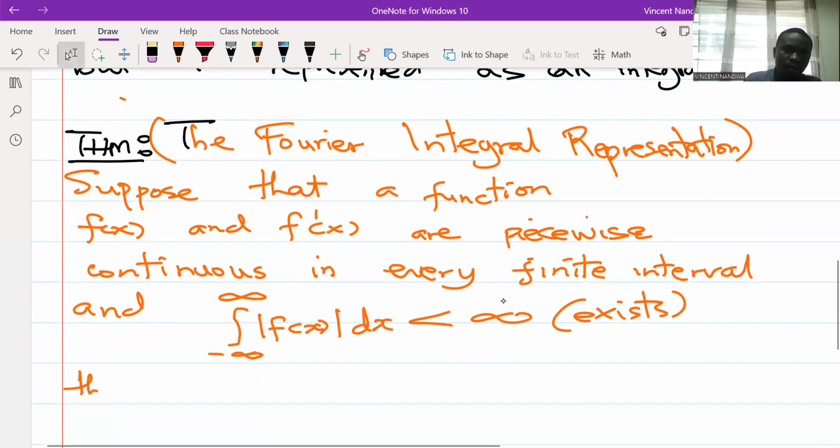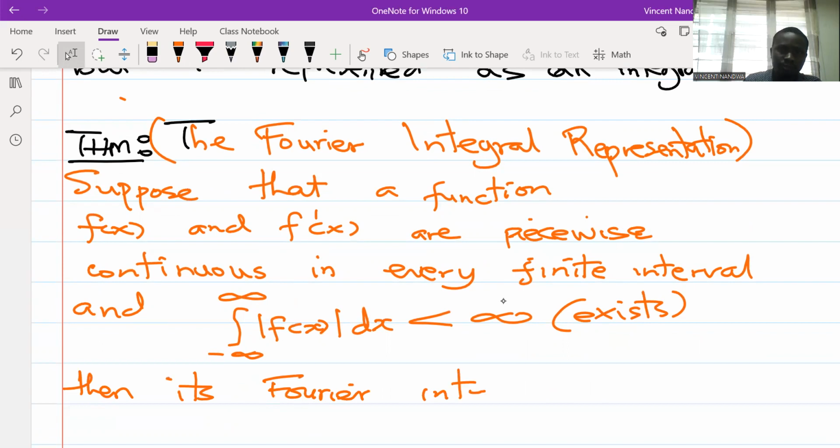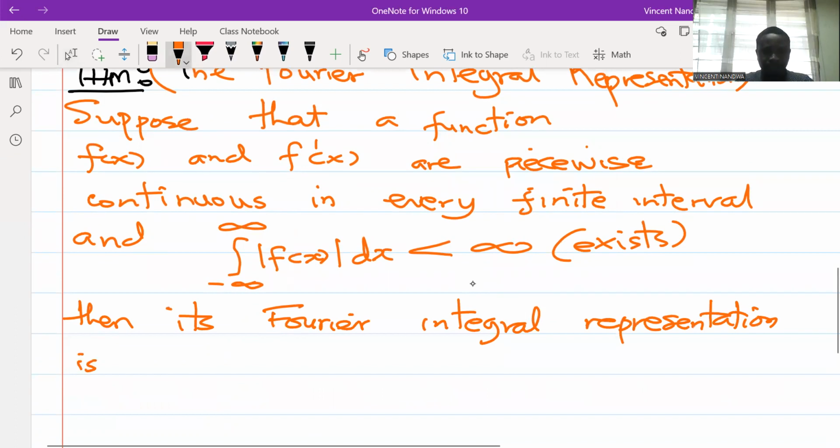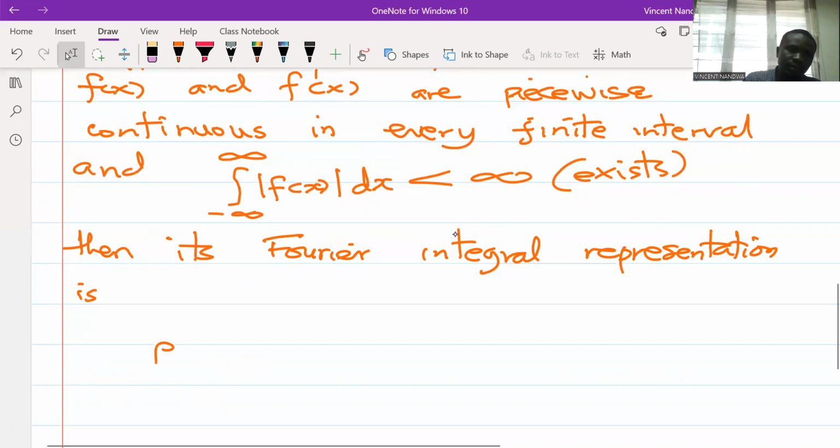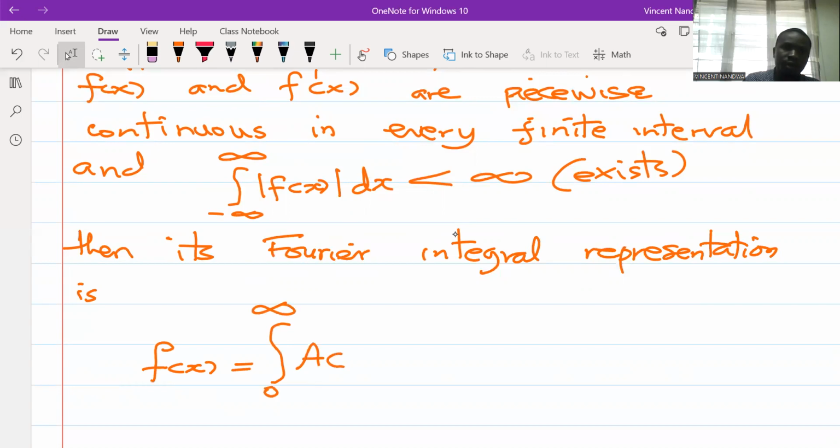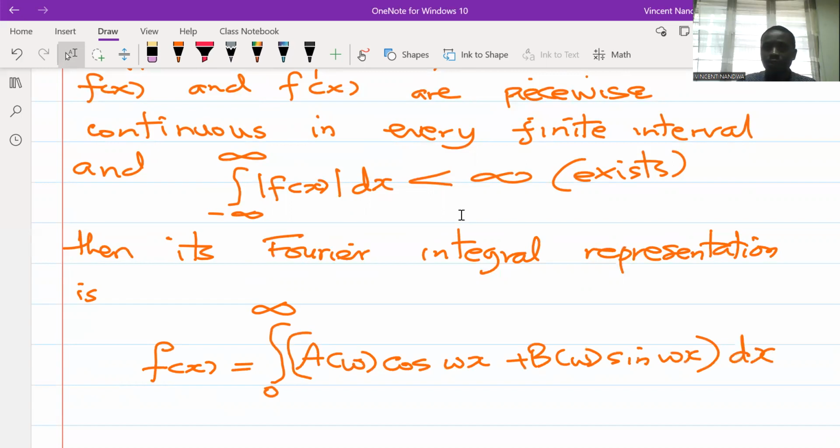then its Fourier integral representation is given by f of x equals integral from 0 to infinity of A of omega multiplied by cosine of omega x plus B of omega multiplied by sine of omega x, with integration with respect to omega,